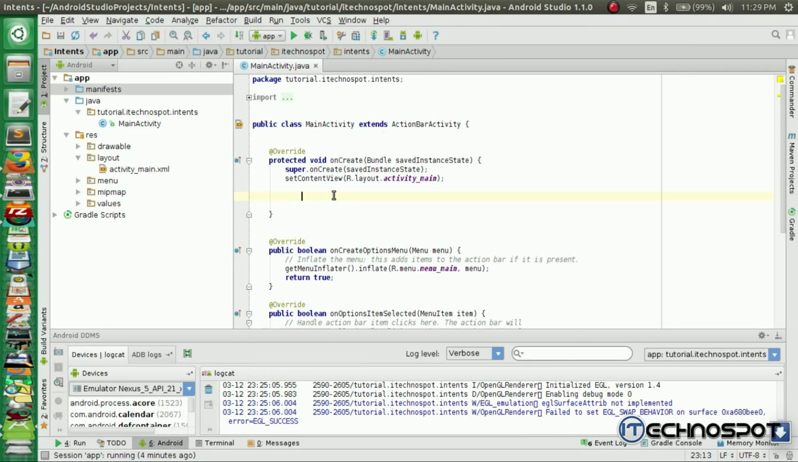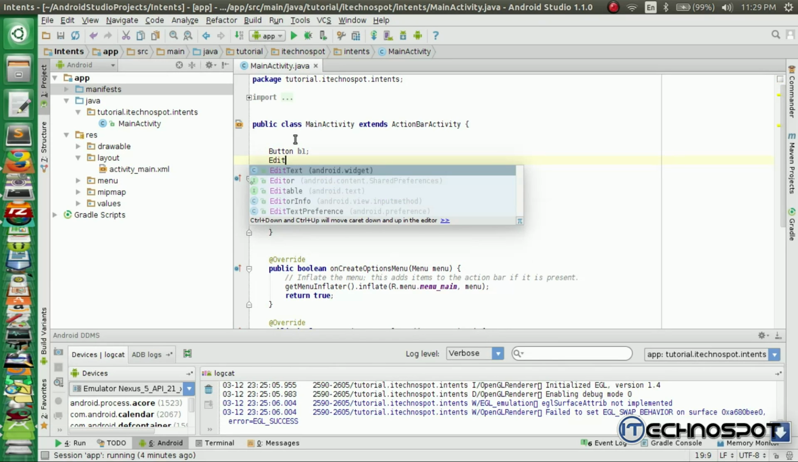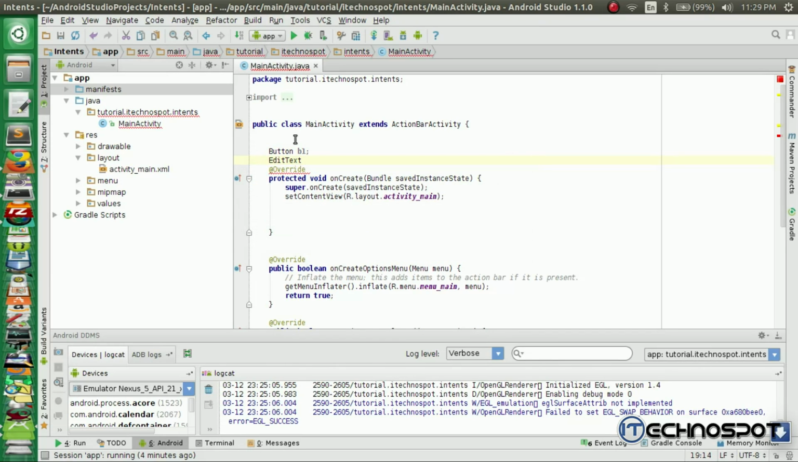Let's quickly jump into the programming part. We have to use edit text. So before that we have to get our text view, edit text and our button. We'll just create an object for our button and an object for our edit text. We have our name edit text, we have an email edit text, and we have our password edit text. So we have these three things. We'll just